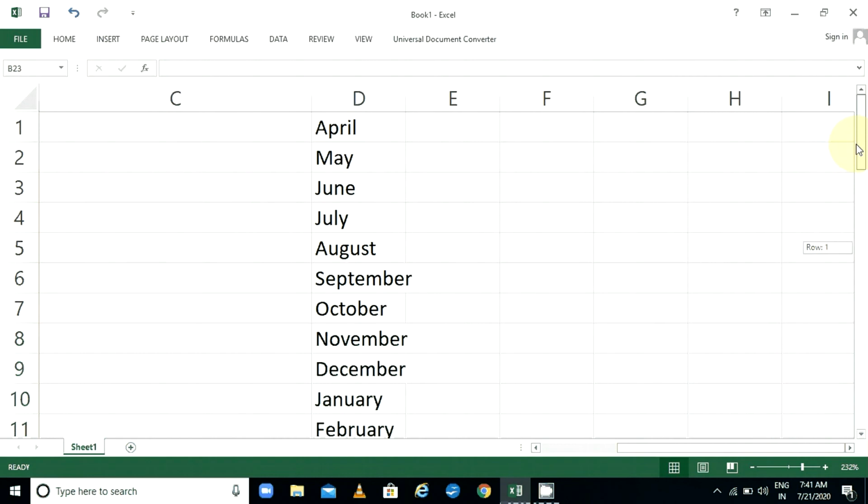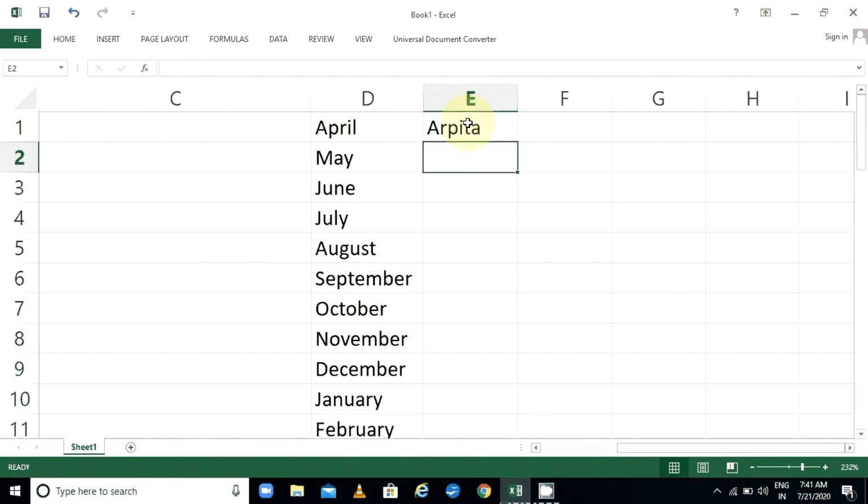I am typing 5 names here. You can type as many more as you want. Okay, so here I am typing, first name is Arpita, second name is Alpa, third name is Bhavna. After that, boys' names starting. So the boy's first name is Ankit.